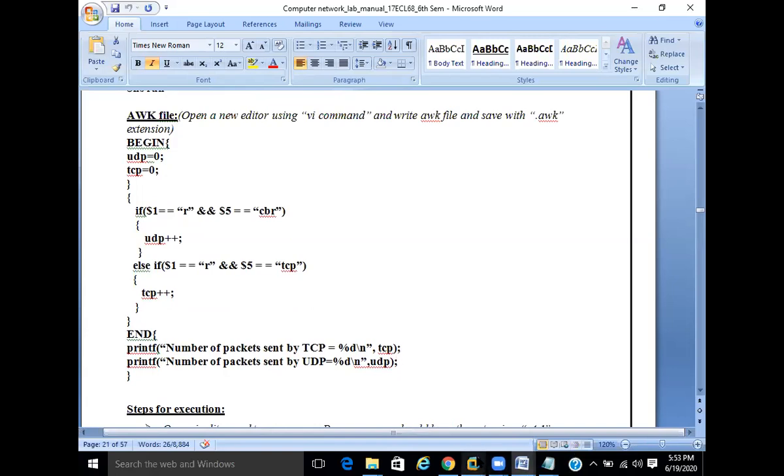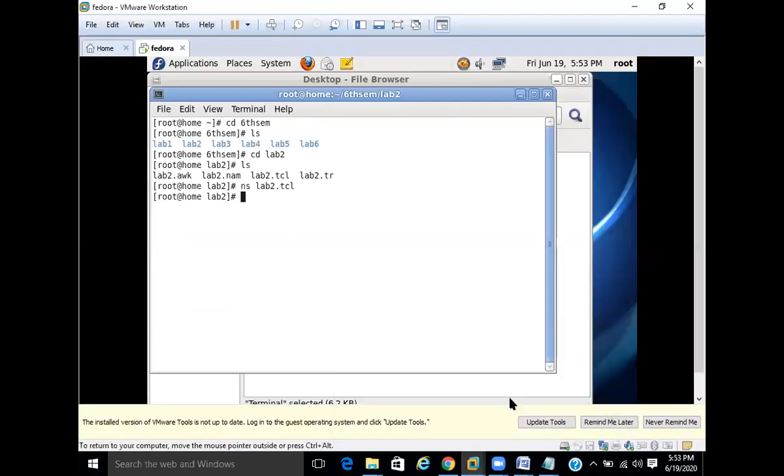Once it is done, go back and run this. The syntax is: awk -f lab2.awk, followed by the trace file.